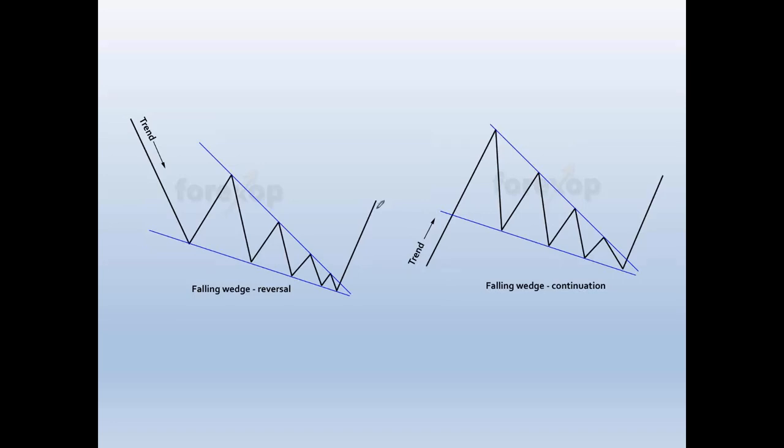This is called a falling wedge. Basically, it's a symmetrical triangle, except that instead of making higher lows and lower highs, the market's actually trending down, making lower highs and lower lows, and then it breaks out of it. And basically, when you put your trend lines on, what you're going to notice,